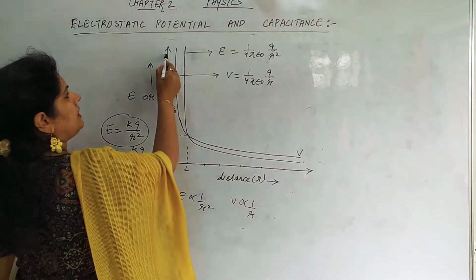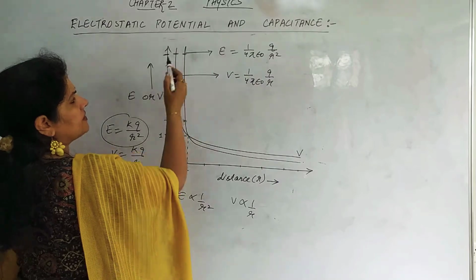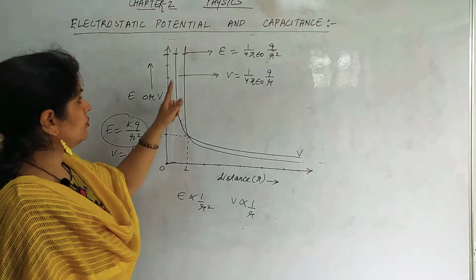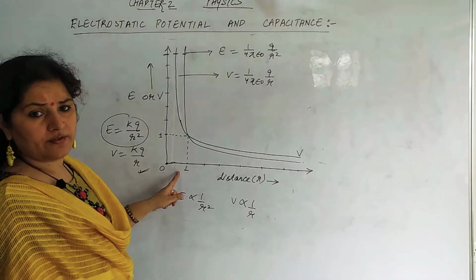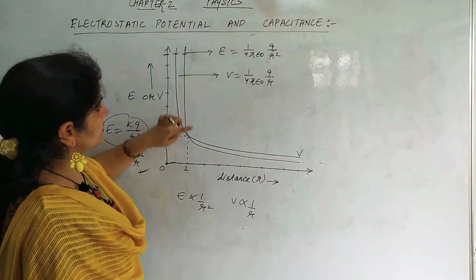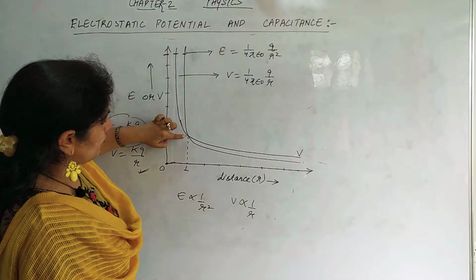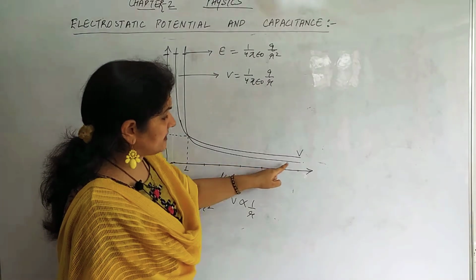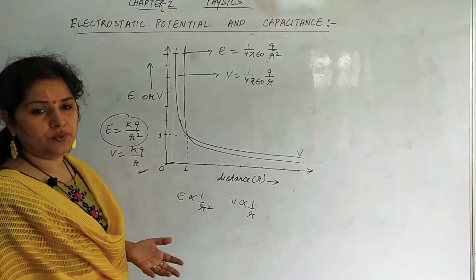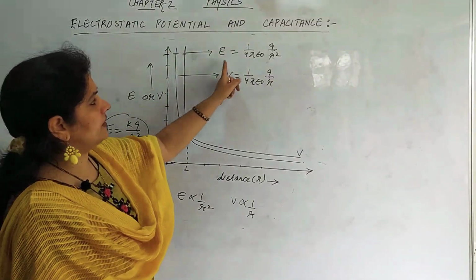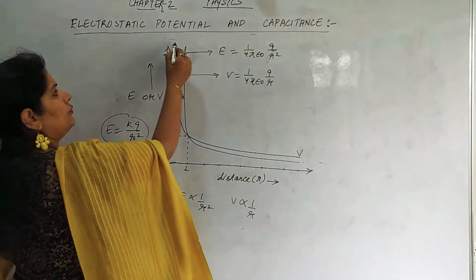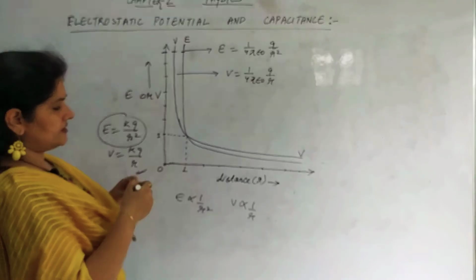अभी हमने ये पॉइंट लिया, इस पॉइंट के लिए इलेक्ट्रिक पोटेंशियल एंड इलेक्ट्रिक फील्ड आर सेम, but this potential will be at a shorter value, electric field will be at a higher value. Same values of potential or electric field, but this variation, if you see, electric field will overlap here, and for a lesser distance it will show the same value. So that is the graph you have to learn, E versus V, because E is proportional to 1 by r square, V is proportional to 1 by r. You simply have to remember V or E versus distance.